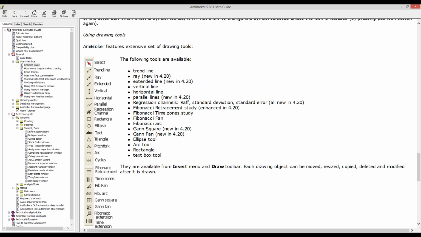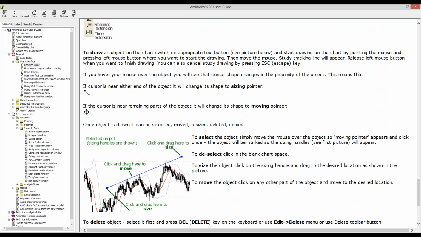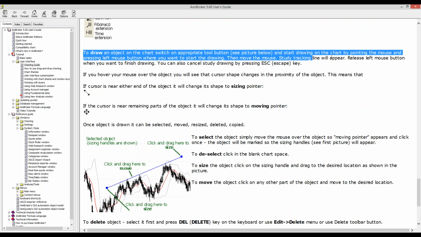So coming to drawing tools now, right? We've got an extensive set of drawing tools. I'm not going to go into each one of them. You can explore. And then to draw an object, just click that drawing tool and start drawing on the chart by pointing the mouse and pressing the left mouse button where you want to start the drawing. Then move the